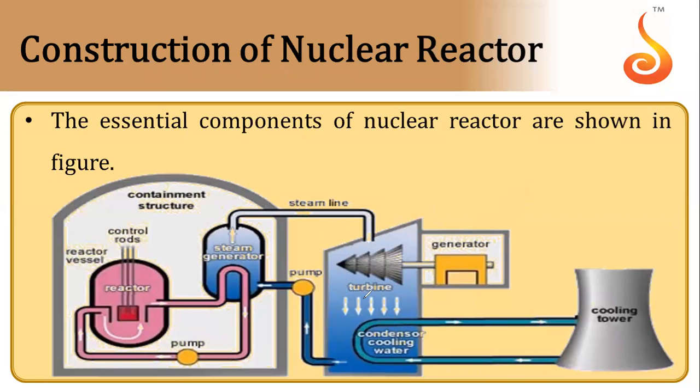Now this steam is still at a higher temperature, so we need to condense it to water again. For that, there is another cycle. Here the steam loses its energy to water, and then this water goes to the cooling tower and gets cooled. So nuclear reactors in real life, or in any diagram or picture you have seen, you will identify with the cooling tower because these are very huge.